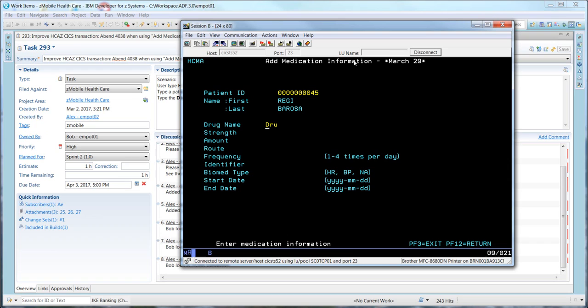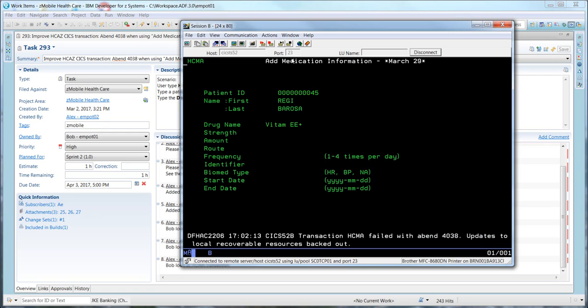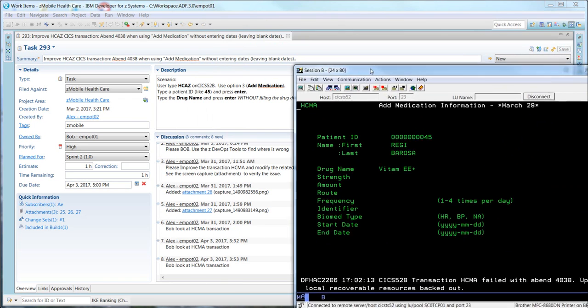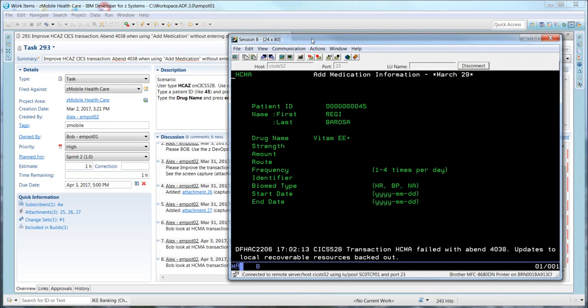Let's put something like vitamin EE plus. I did not specify any date here, and I get the abend, and that's the problem